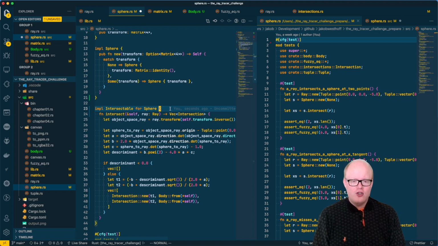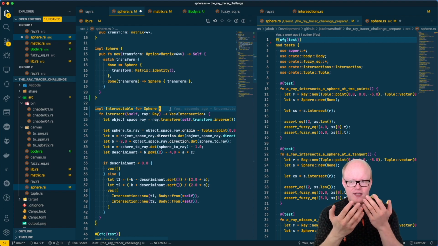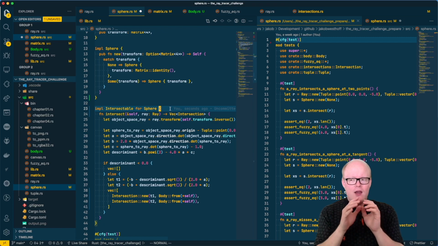We could always just return the first one. And for quite some time during the further implementation in this book, we will always only care about the first one. But the book tells us as well that, and this makes absolute sense, once we get to a point where we want to calculate reflections, or, for example, semi-transparent objects like some sort of glass, or simply something which isn't completely opaque,